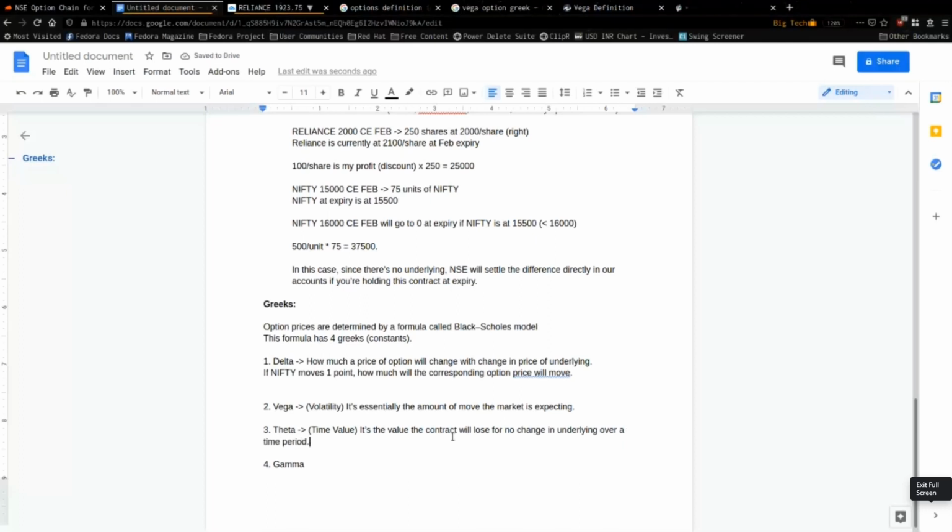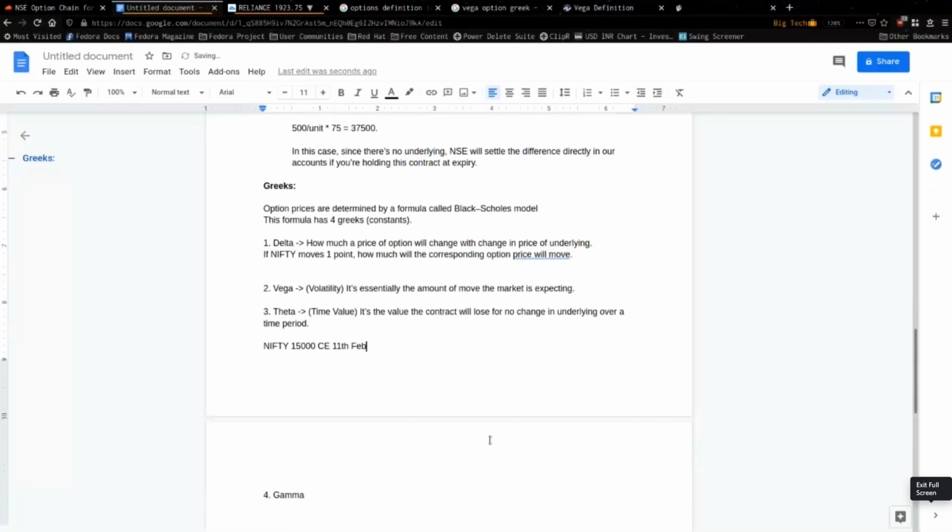So this is one of those values. What it essentially says is that any contract will have a time value, right? So for Nifty, you have weeklies and you have monthlies. So you have Nifty 15,000 CE, which is for 4th Feb, 11th Feb expiry, and you have Nifty